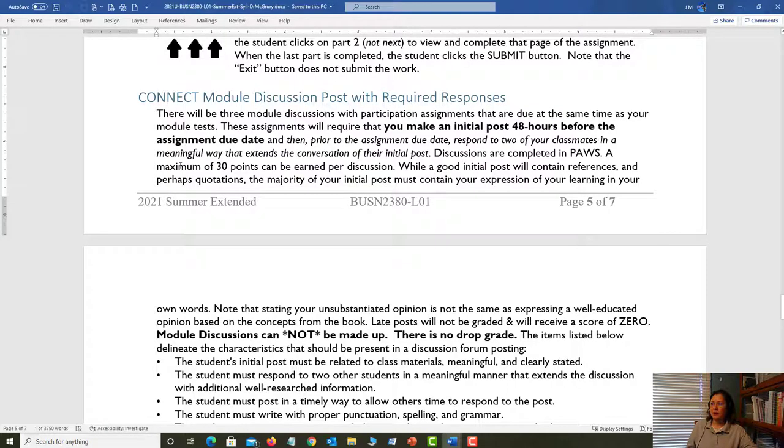Discussions are in PAWS, maximum of 30 points. Make sure you're following that. Now, this is what's going to happen. If you're not looking at that class schedule, you're going to go out there and connect, and Connect is going to show you that there's a test, and you're going to take the test, and you're going to forget about these 30 points. And think about it, that's the equivalent of a Learn Smart plus a chapter interactive homework. 30 points. So it's not the end of the world. It's not the 100-point test. Glad that you'll take that. But you need to do it.